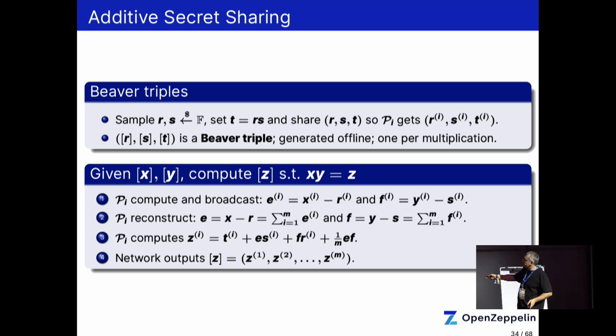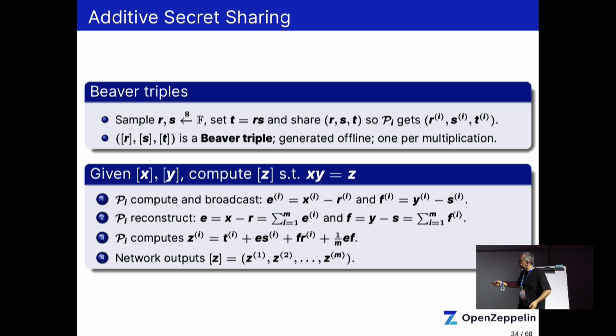And we denote, in this way, that the Beaver triple is shared. So with the use of Beaver triples, how do you compute a multiplication? That's another, I think, critical part of this workshop. And if you get this, I think we are already on the way to actually computing the full sumcheck